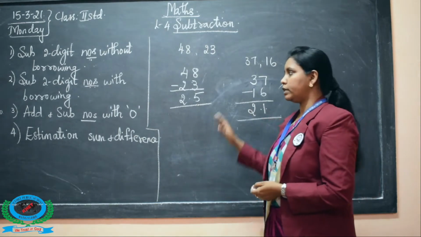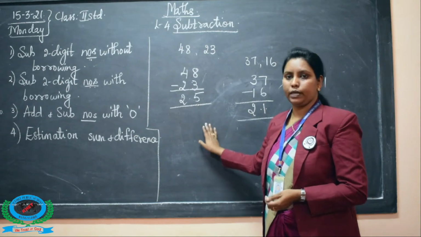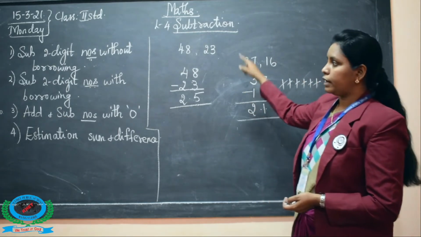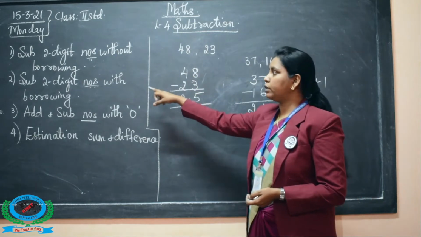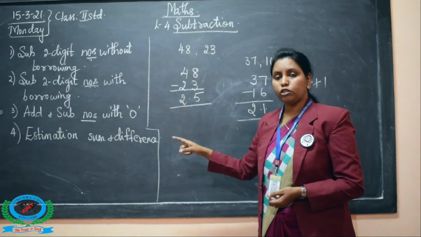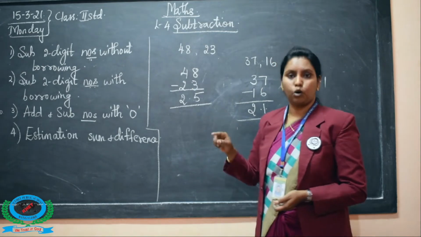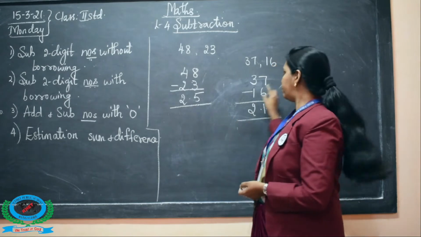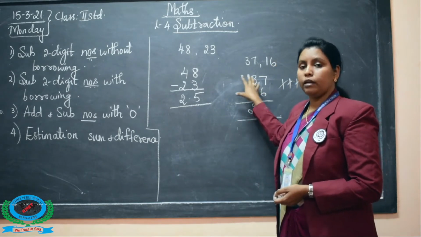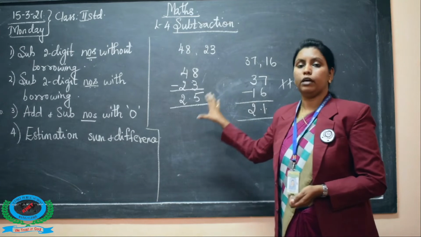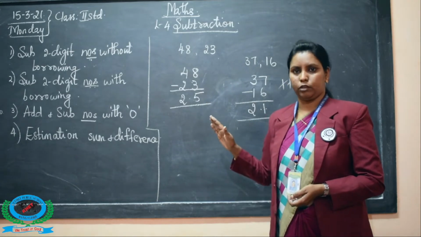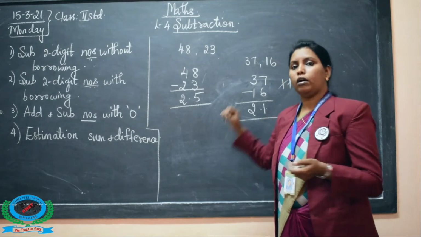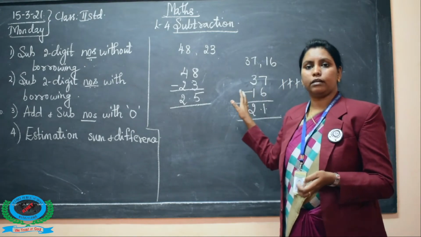Okay. So these were the numbers without borrowing, without taking a number from here. In the next subunit, we will see the subtraction of 2-digit numbers with borrowing, with taking from the partner number. Now these were the numbers where you did not borrow. Directly you subtracted by using your fingers or using the sticks here, isn't it?